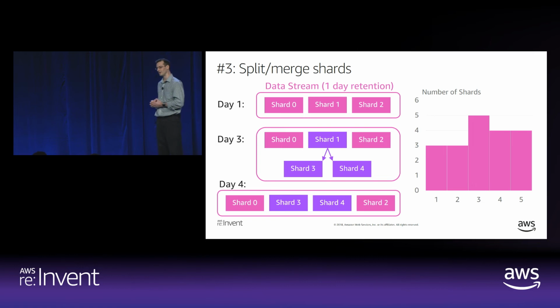So let's talk about something a little different here. How does Kinesis know what shard to write the data to? You guys know? It uses the key, right? So when you send a piece of data to Kinesis, you send the data associated with a key. And based on that key, it will determine which shard the data is going to.